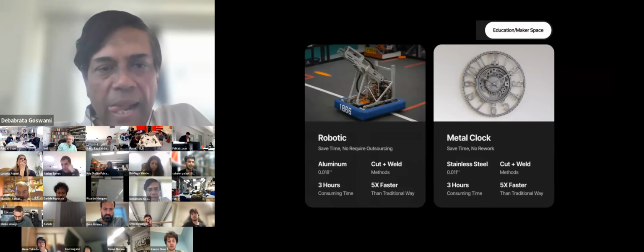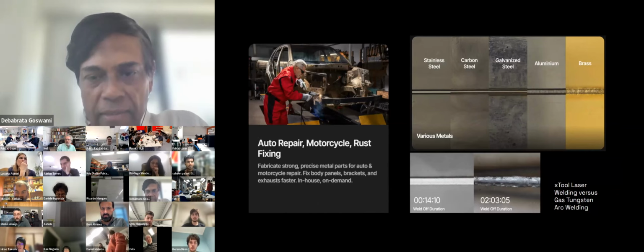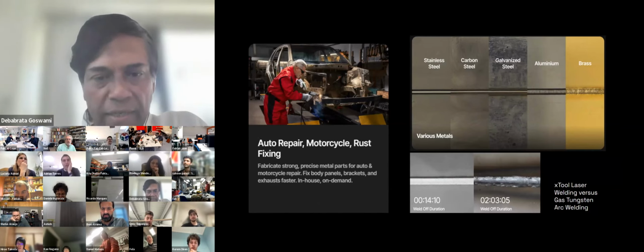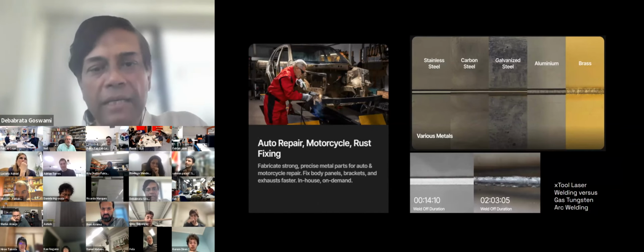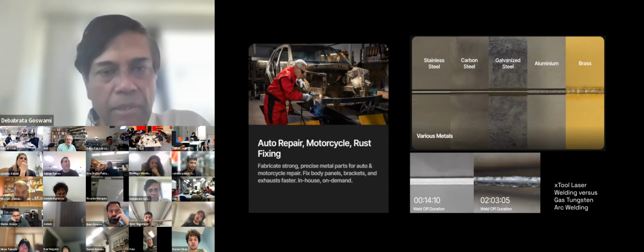In various metals, and well, here I found an interesting comparison where they have shown the welding by regular gas tungsten arc welding versus welding by using the laser. So the feature sizes as well as the burns are almost not seen. In the next slide,